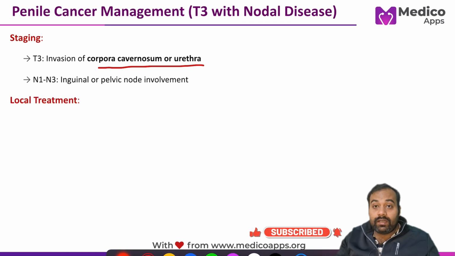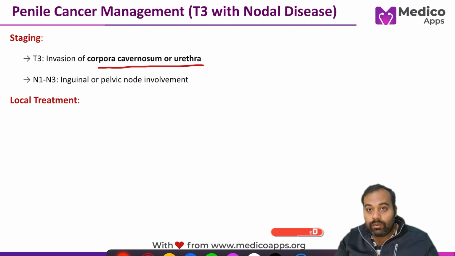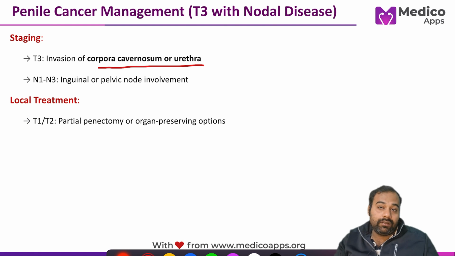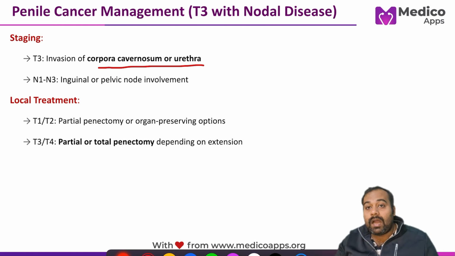Now let's try to understand what is the local treatment according to the T. The local treatment that is available for the T1 and T2 disease is basically your partial penectomy. So we basically give preference to organ preserving surgery here. Okay. Now we have another option for the T3 and T4 disease, that is your partial or total penectomy, but that is supposed to be decided by us depending upon the extension of the disease involvement in that case. Okay, so this is the simplified version of the local treatment,